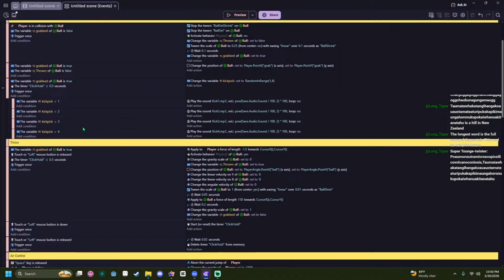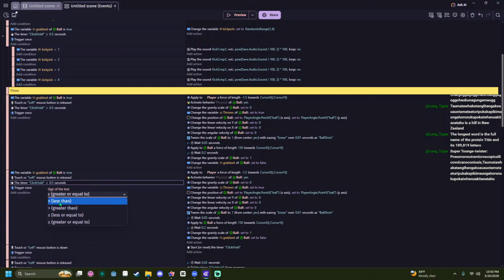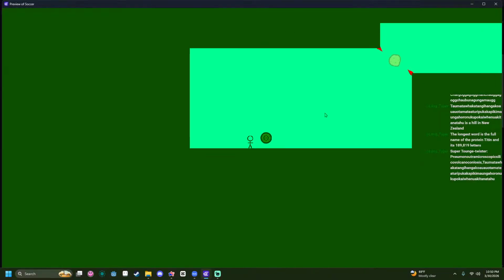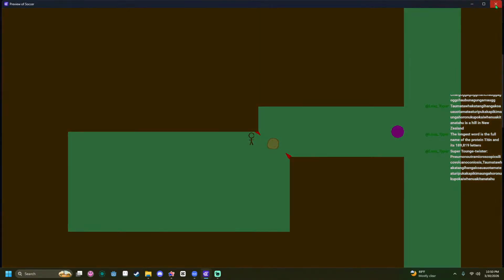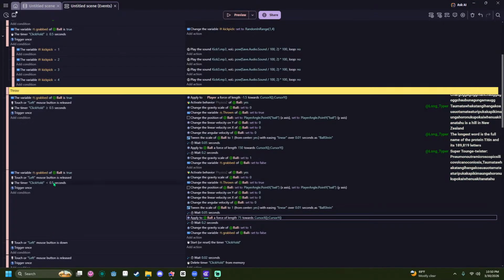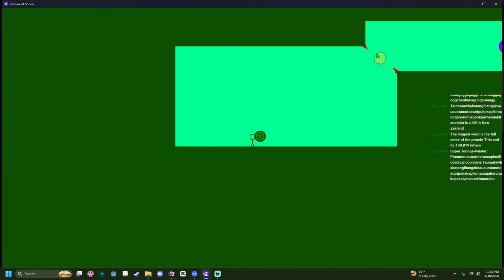Also, you can work regardless, so duplicate this. If it's less than 0.5, we're still going to throw it. We're not going to apply a force to the player anymore, and we're going to apply a force of a little bit less than half. There we go. So we can throw it like a light throw. But then for some reason that wasn't long enough. Okay, it needs to be longer. 0.25 or shorter. 0.25. There we go.